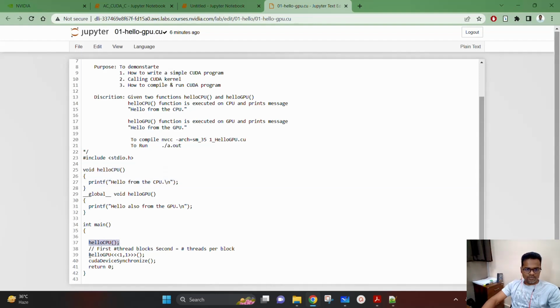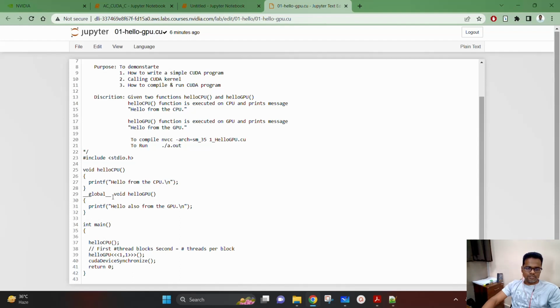Now we have another definition, helloGPU, with some crazy stuff here mentioned in the triple angular brackets. As of now, we'll skip this part because we have dedicated sessions explaining these topics. Here I am calling this helloGPU function, and let's see the definition of helloGPU. It looks almost similar to your CPU function definition, helloCPU. The only thing added here is a keyword that is